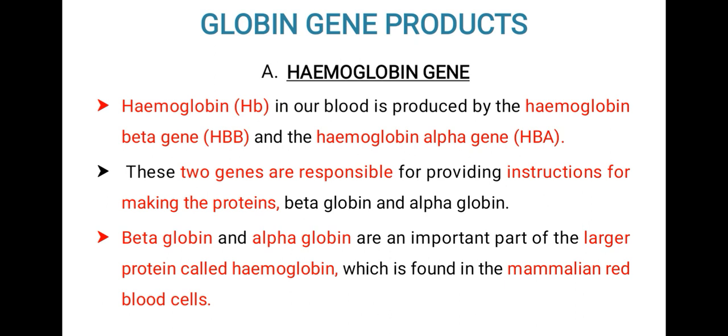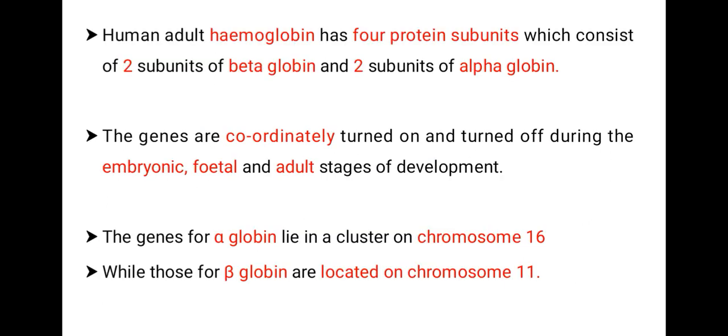These two genes are responsible for providing instructions for making the proteins beta globin and alpha globin. Beta globin and alpha globin are an important part of the larger protein called hemoglobin, which is found in the mammalian red blood cells. Adult human hemoglobin has 4 protein subunits, which consist of 2 subunits of beta globin and 2 subunits of alpha globin. The genes are coordinately turned on and turned off during the embryonic, fetal, and adult stages of development. The genes for alpha globin lie in the cluster on chromosome 16, while those of beta globin are